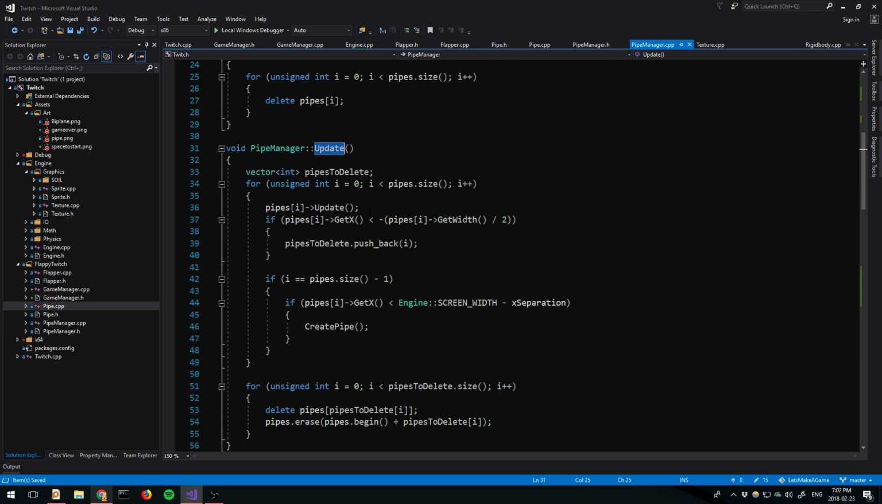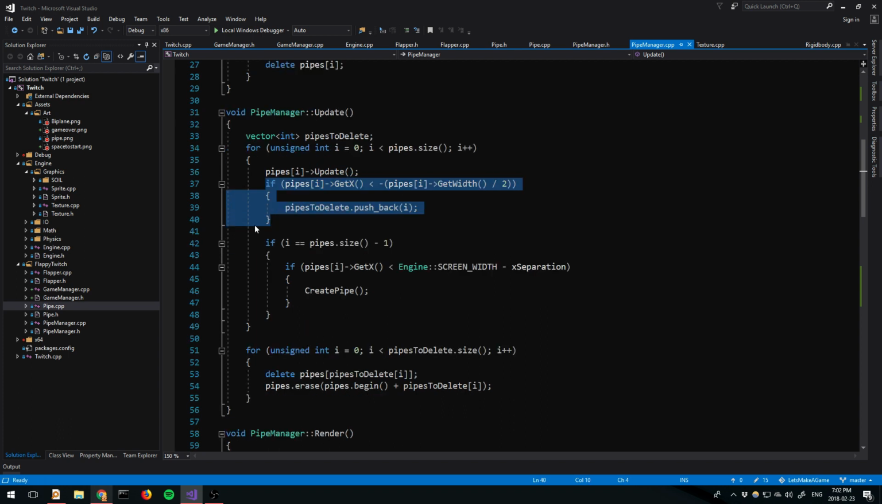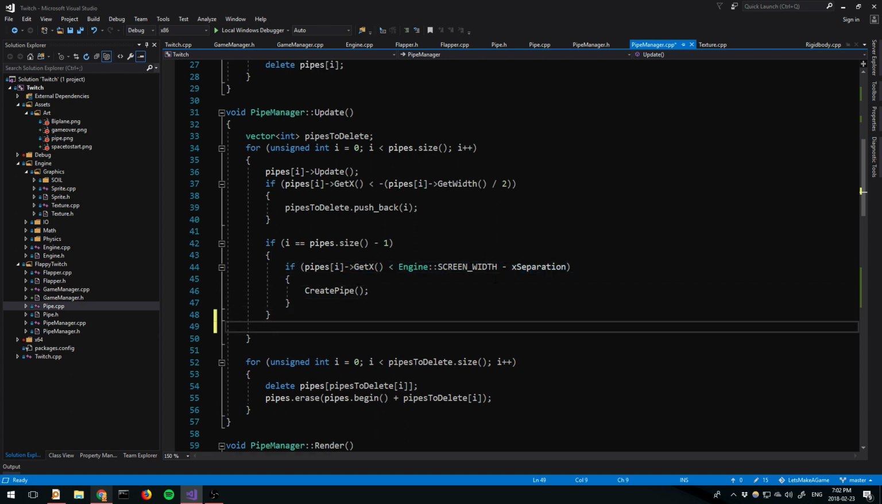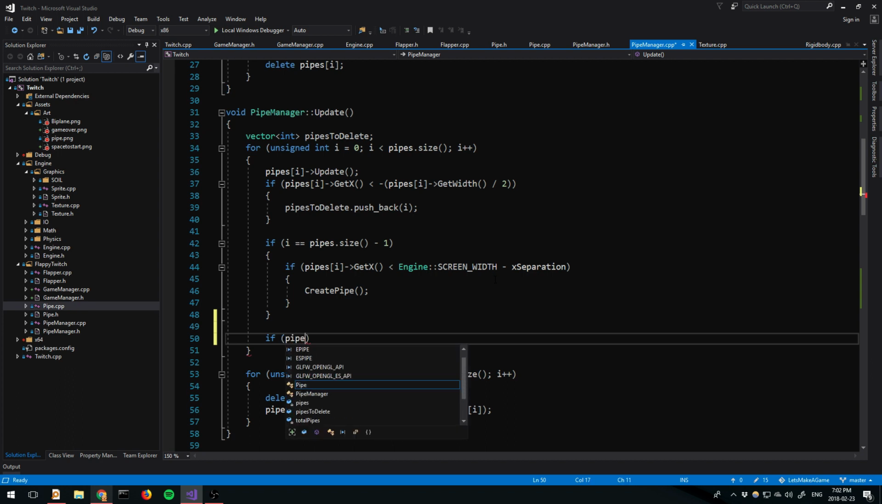So it updates all the pipes. And then we check if it's gone, we delete it, and then if it's past the separation barrier, we create a pipe. And then here we can also check if pipes at i, get x,